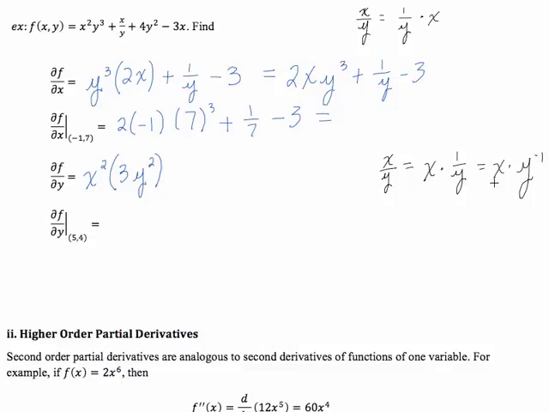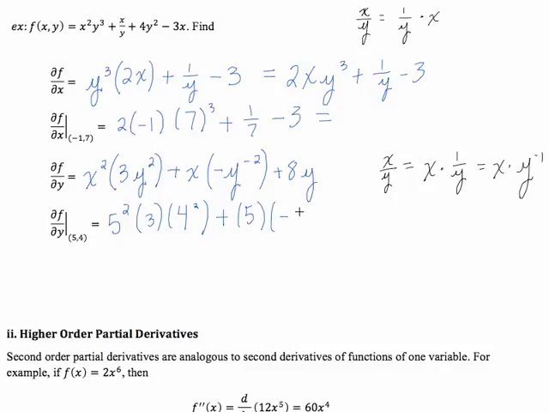So for this term, treating x as the coefficient of y to the minus 1, that derivative becomes x times the derivative of y to the minus 1, which is negative y to the minus 2 by the power rule. And the derivative of 4y squared is 8y. And the derivative of negative 3x is 0. And then we can plug in the point (5, 4): 5 for x, and 4 for y. Could clean that up a little bit, but the point is that you compute that out and you get a